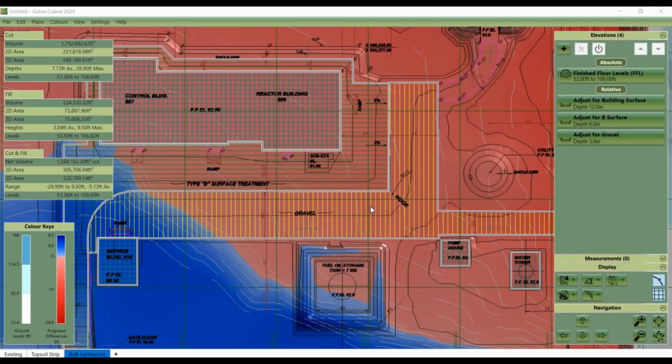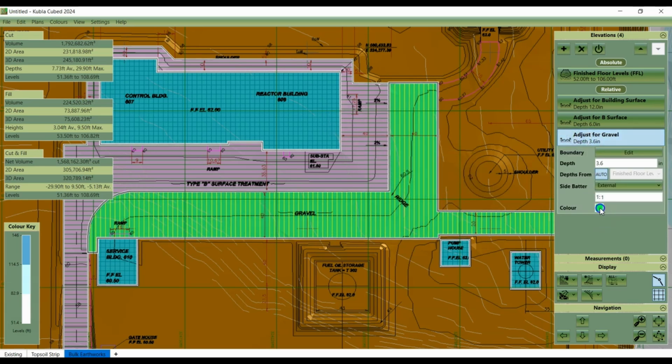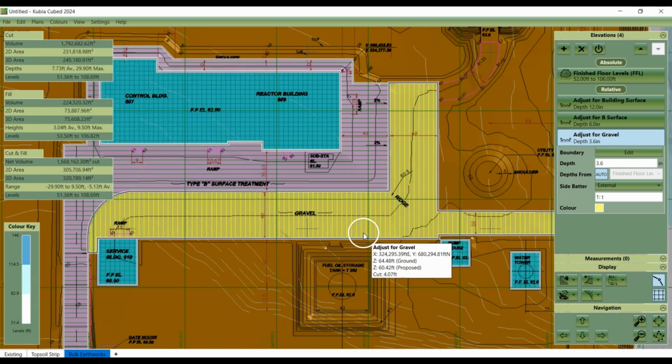When adjusting areas to subgrade, the element colours display is incredibly helpful. You can find it here, and it shades each element with a colour which you can adjust according to the plan. This just makes it much easier to understand what areas are being modified.